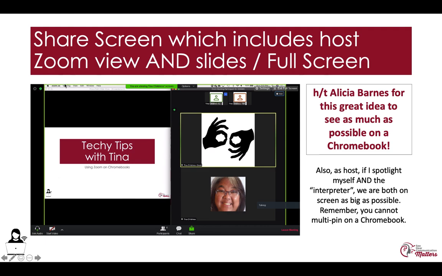So for me, my window is this wide and it's this tall, okay? But then the other thing that you do in this method, and this really only works if you have a dual monitor, is that you will take your view from Zoom as a host and you bring it into this other window, which is next to the presentation.